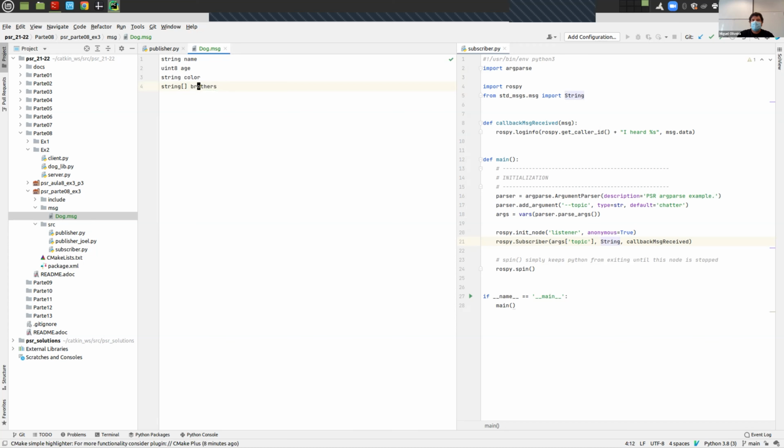Okay. So here we have 4 fields in our message: the name, the age, the color, and the brothers. And this is the specification of the message. Now, if you are wondering why we are using a special format for defining the messages, you could ask, why is this not Python? We are always using Python. The reason why this is not Python is because